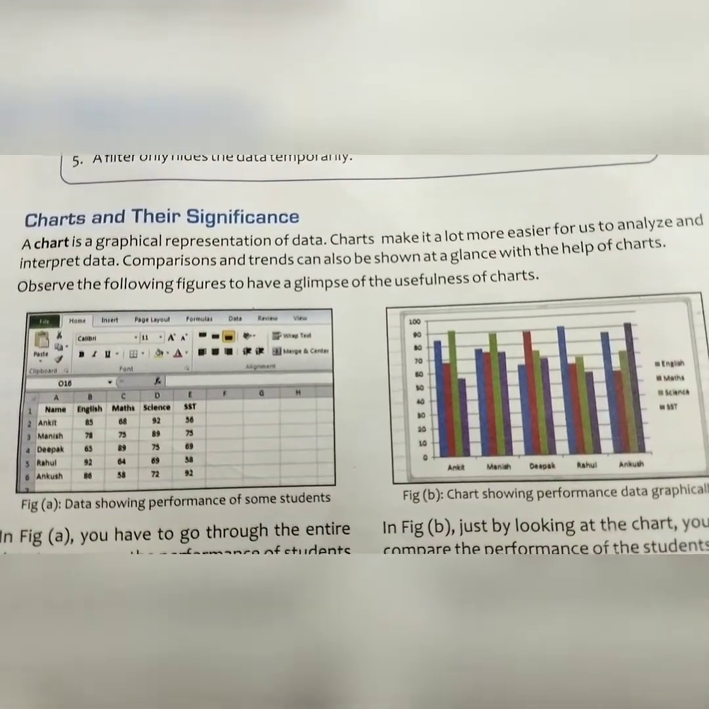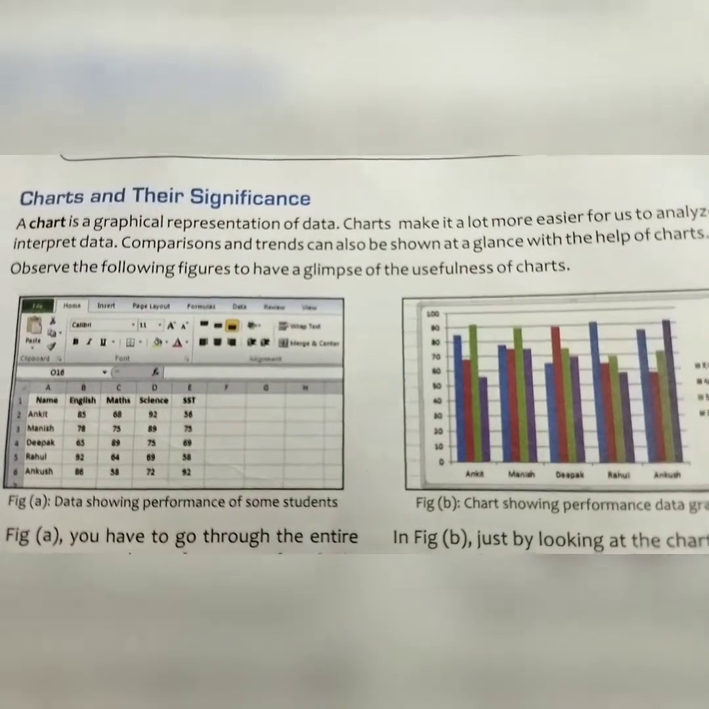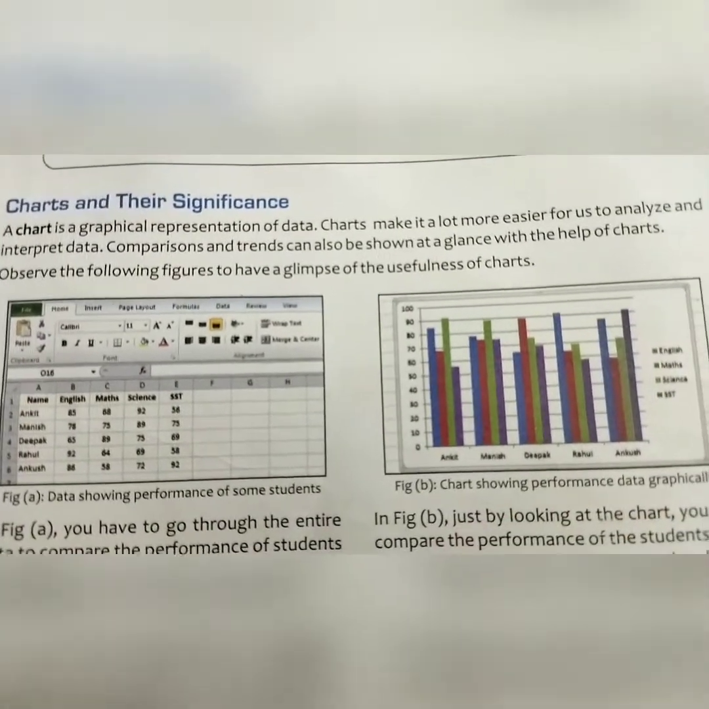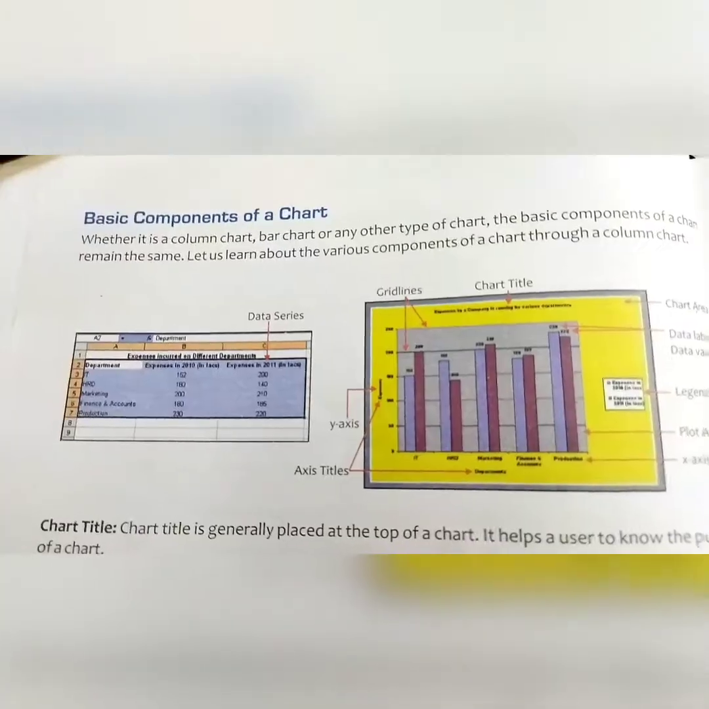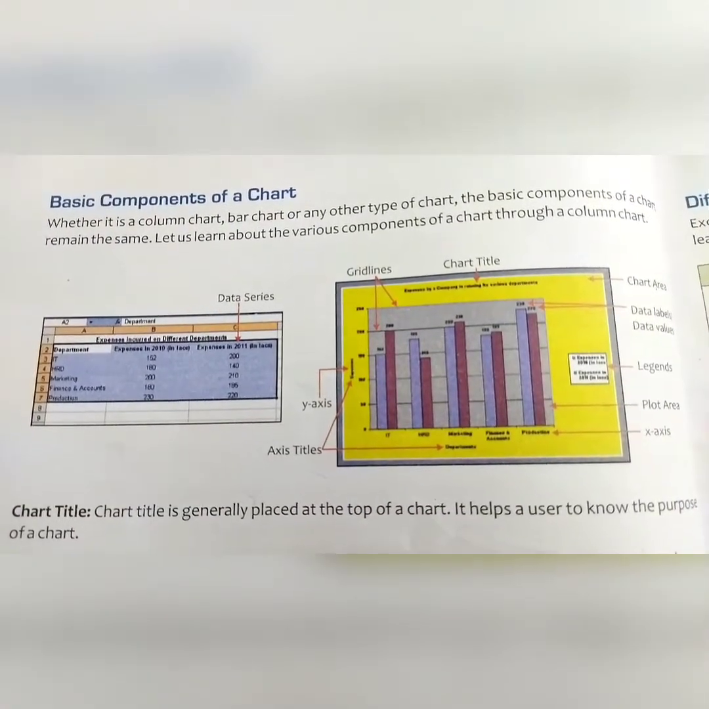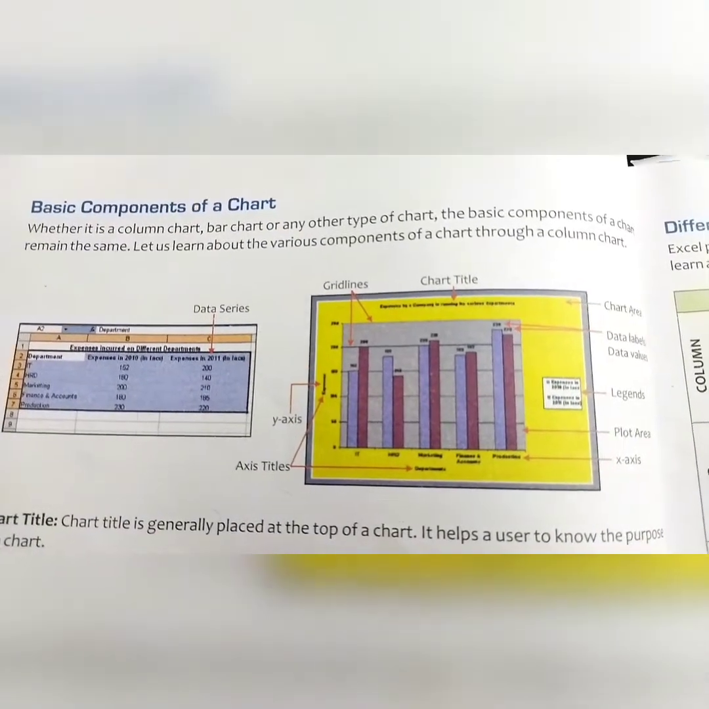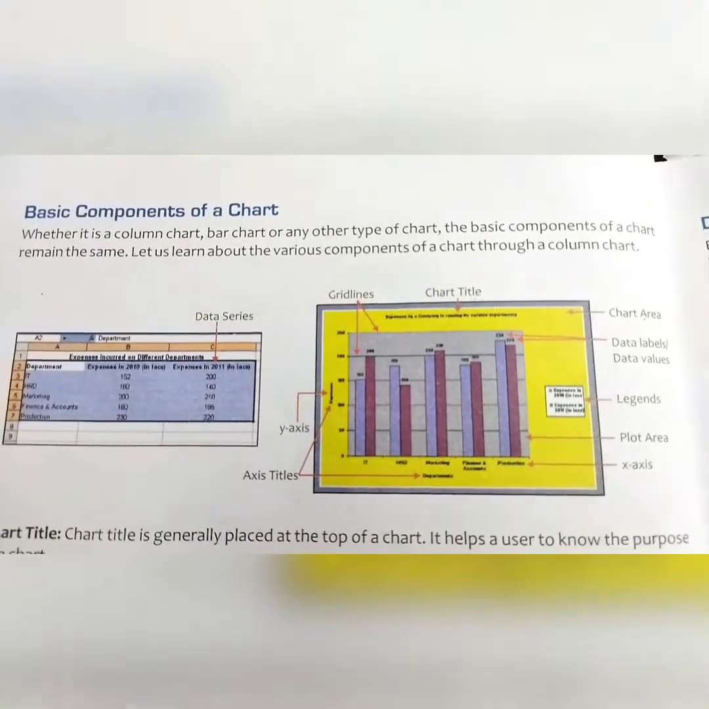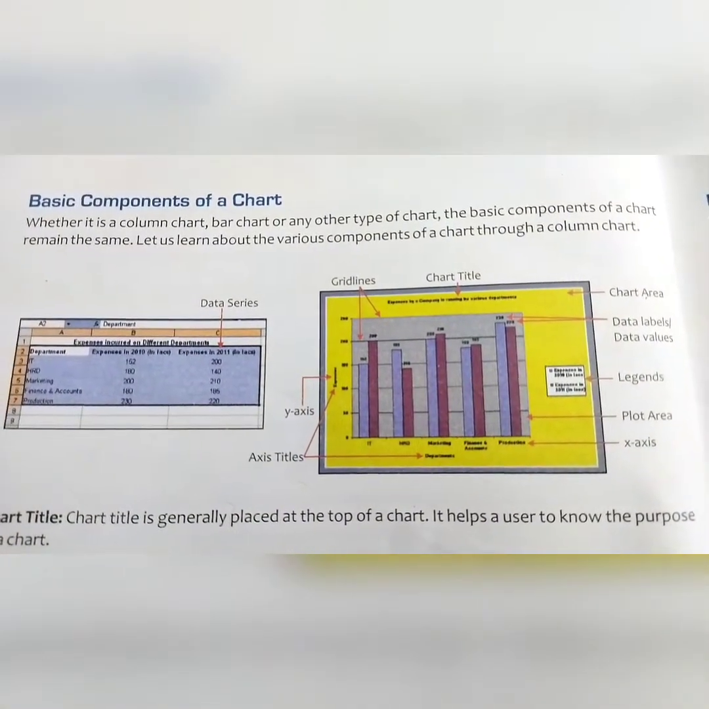So you can see here two comparisons of a chart, data showing the performance of some students, and you can see the other part of the chart showing performance data graphically. Next are the basic components of a chart. Whether it is a column chart, bar chart or any other type of chart, the basic components of a chart remain the same. So let us learn about the various components of a chart